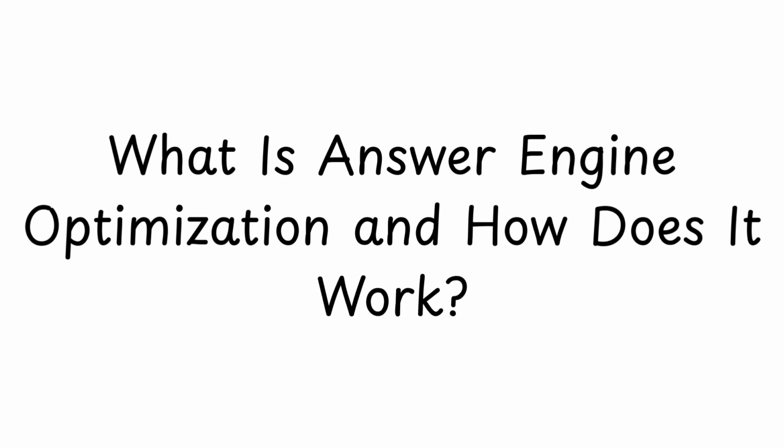Exactly. Okay, so it sounds like we really need to be on top of this AEO stuff. It's the future. So where do we even begin? What are some practical first steps people can take? Well, the first thing is to take a good look at all the content you already have online. Do an inventory. Go through your website, your blog posts, everything, and see which pages already answer common questions in your industry. Then think about how you can make those answers even clearer and easier to find. Are you using headings, subheadings, bullet points, and tables to highlight the important stuff? Make it scannable. Exactly. So it's about optimizing what we already have, making it answer engine friendly.